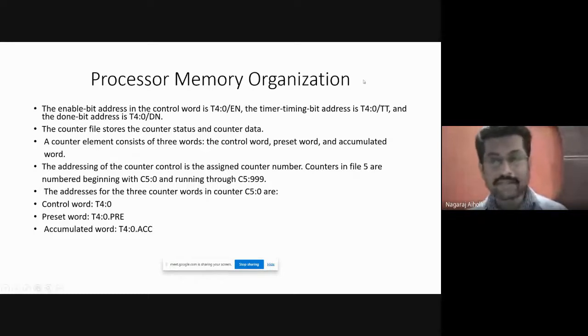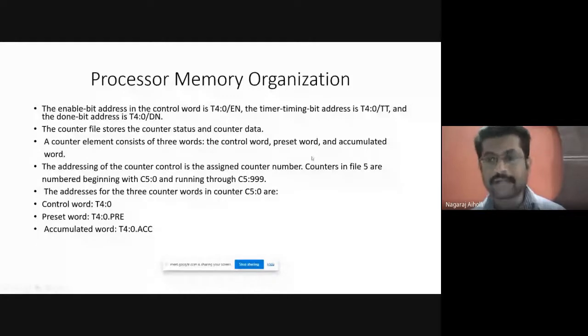Next, the timer timing bit address is T4:0/tt. Once a timer starts, for whatever timing you want to maintain using the timer, we use the TT bit, the timer timing bit.